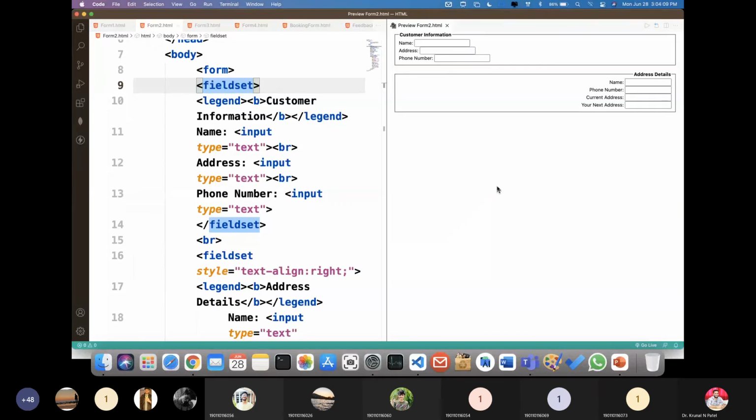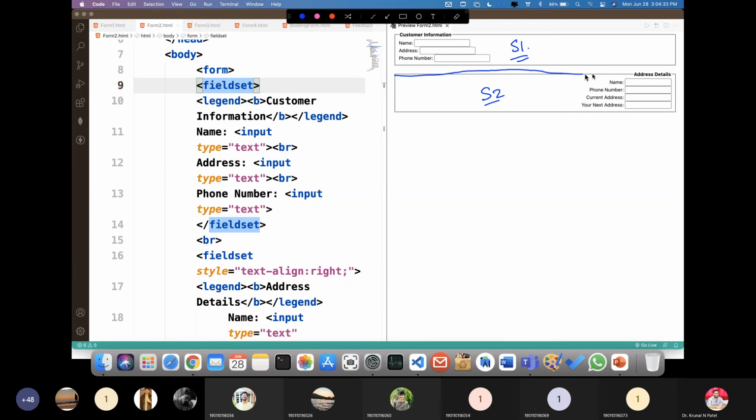So very nice output we have. You can see over here, right? So this is our section 1, customer information, and this is our section 2 that is called the address details. So whatever legends you are defining, that will be displayed like this.